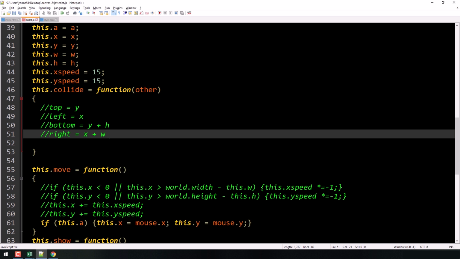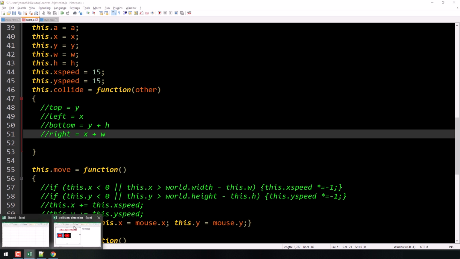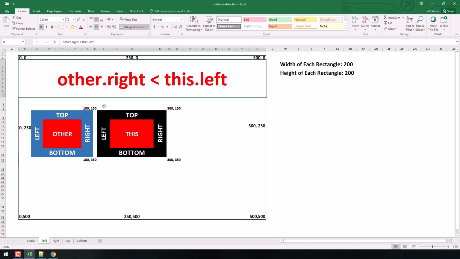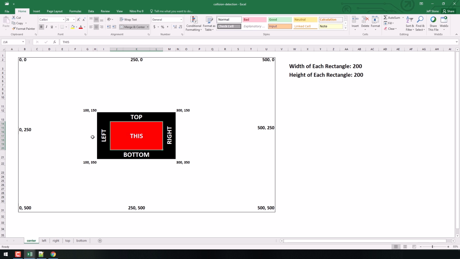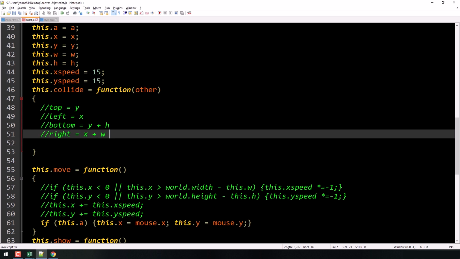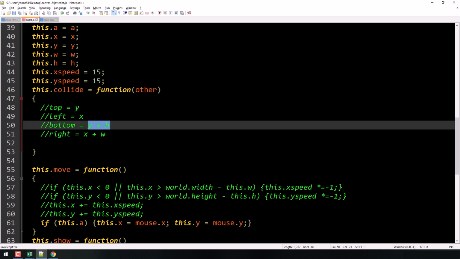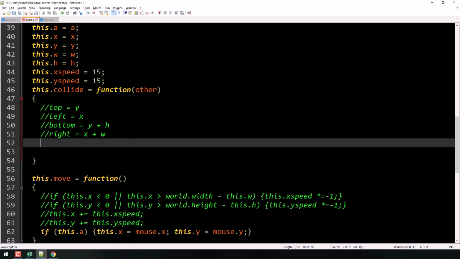Hopefully that makes sense based on that long-winded explanation I gave over here, showing how all this stuff works, right? All right, so again, just a real simple look at this. This is the x, y, 100, 150. And I said, what's the top? Well, the top is just 150, the y. It's just the y coordinate. What's the bottom? Well, it's the y coordinate plus 200 more for the height, which gives me 350, which is why the bottom is y plus height. All right, easy enough. Now let's take a look at this.